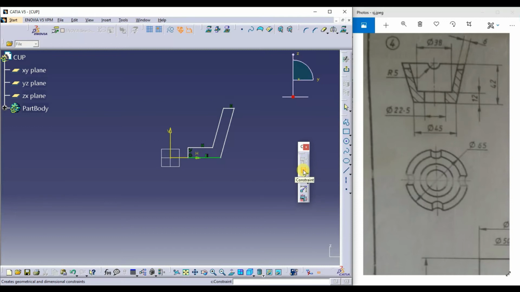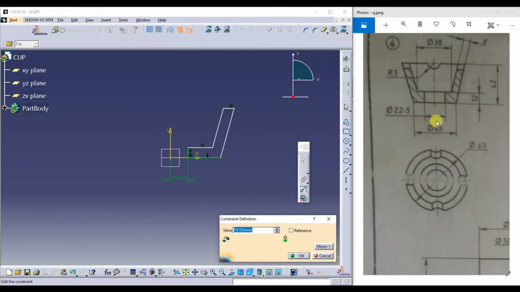Now I'll do the dimensioning of this part. From here to here it is half of 22.5. 22.5 divided by 2.